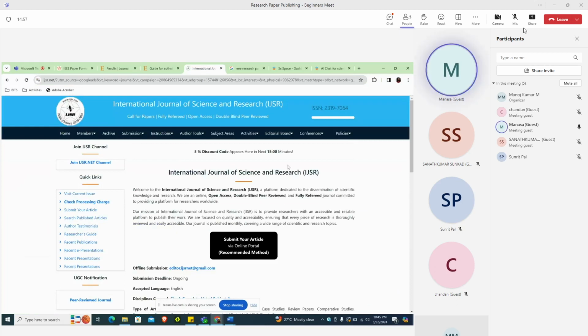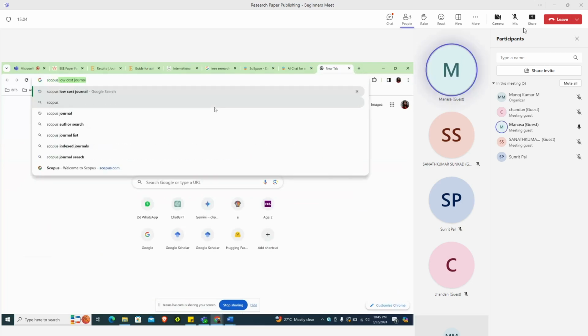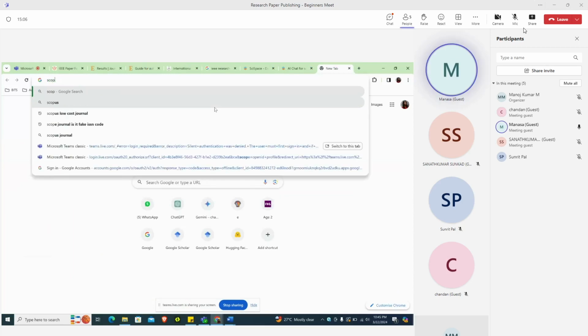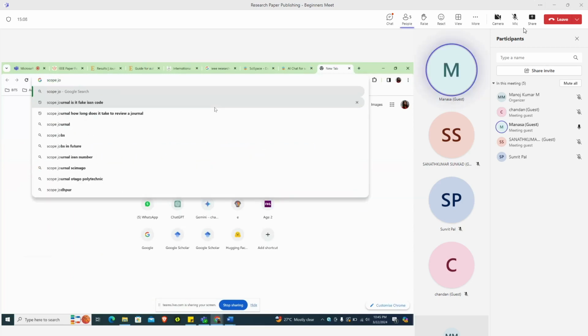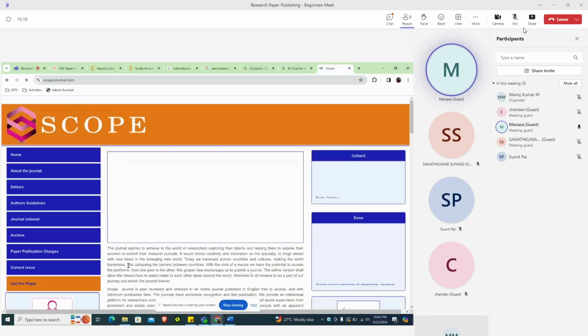The other journal that I was talking of, let me quickly open that. This was actually suggested by our professor, the Scope Journal. So this is also an index journal, and they give decisions in a very fast time.